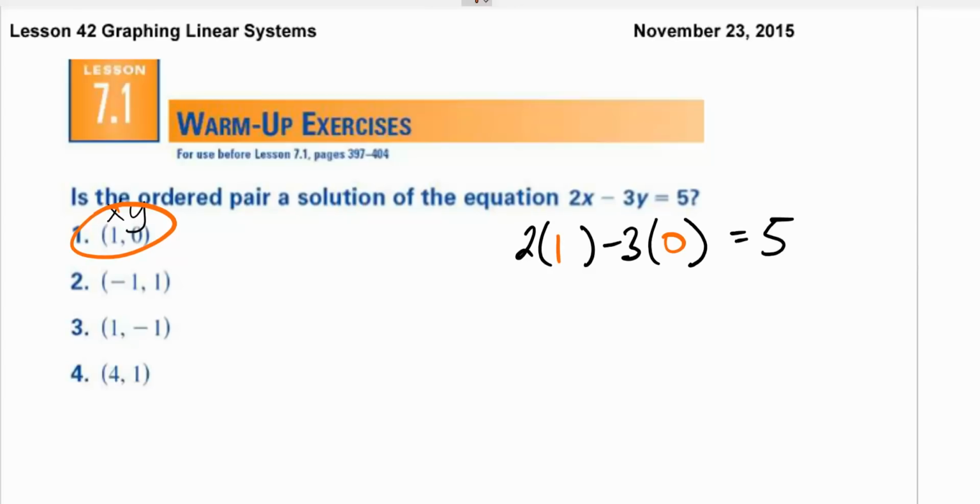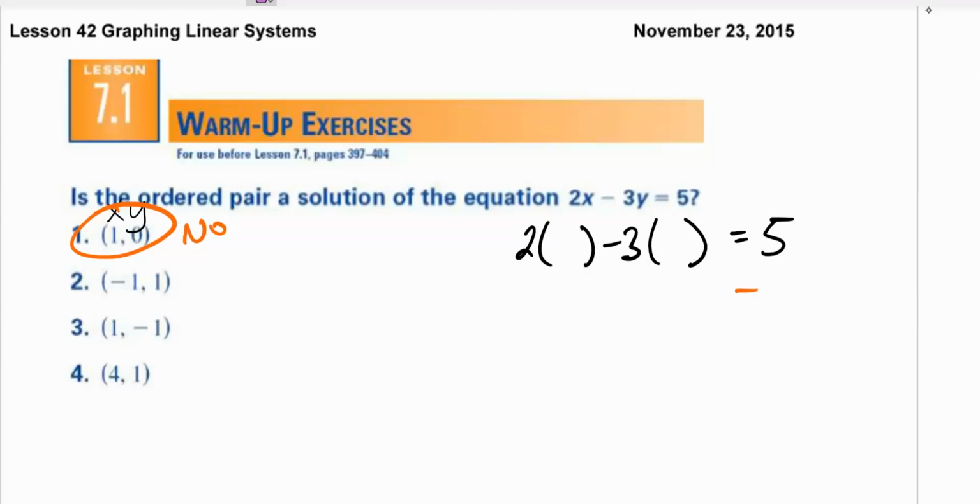2 times 1 is 2. Negative 3 times 0 is 0. And does 2 equal 5? No, this does not work, so that's a no. Our next one,